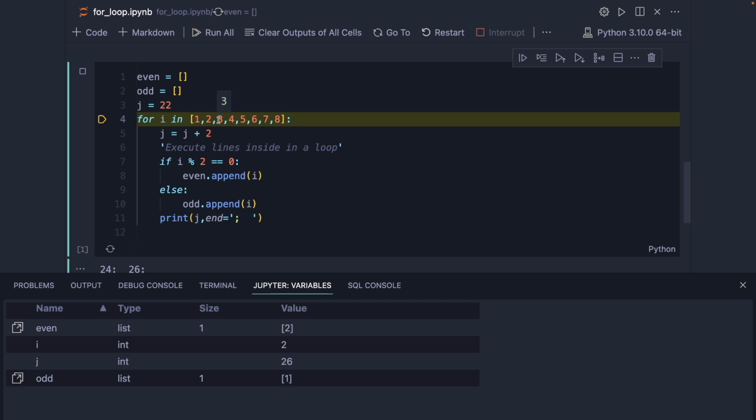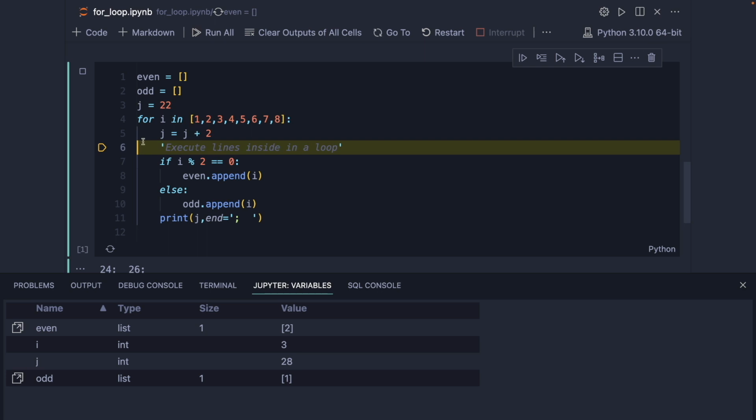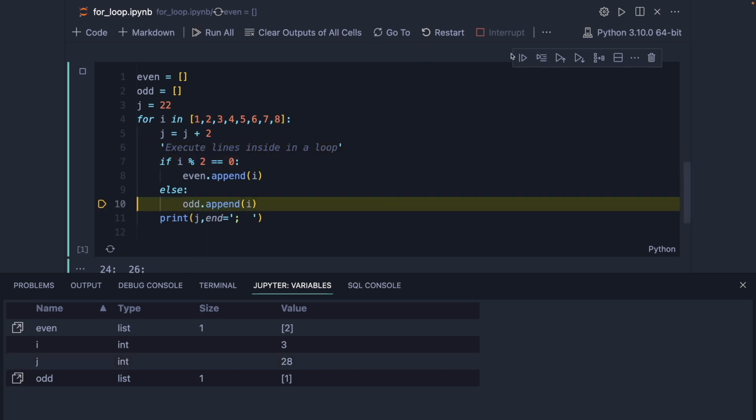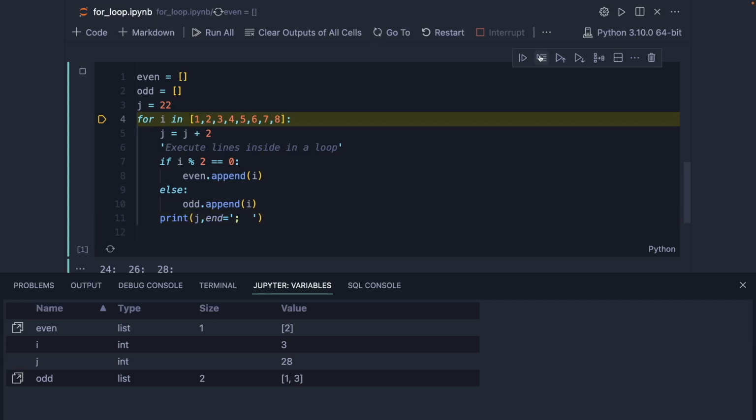After execution of this line, i's value will be 3. Now i has changed to 3, and after this line j has changed to 28, and then again we are making a check. It does not comply with this condition, so we came inside the else. Now 3 has been appended to the odd list. Now we went back. This way we will execute this whole loop,